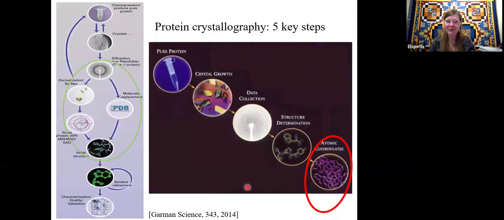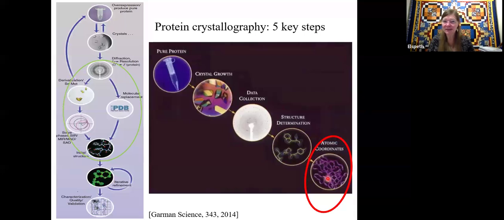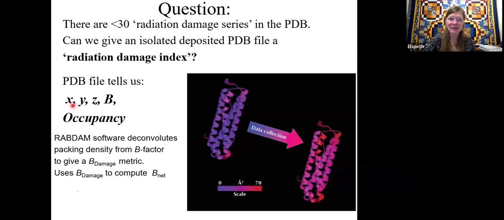So we've now talked quite a lot about the data collection and the effects on the structure determination, but this is now the atomic coordinates. What I mentioned was that radiation damage causes the atomic B factor to go up as you irradiate it. So what we have in the Protein Data Bank for every atom is the XYZ position, the B factor,